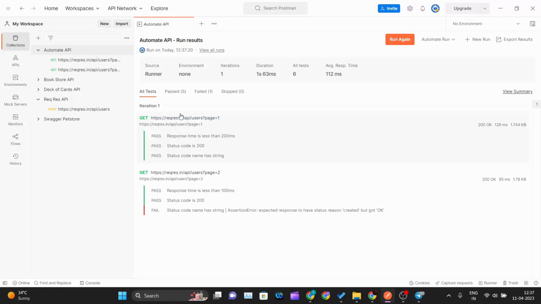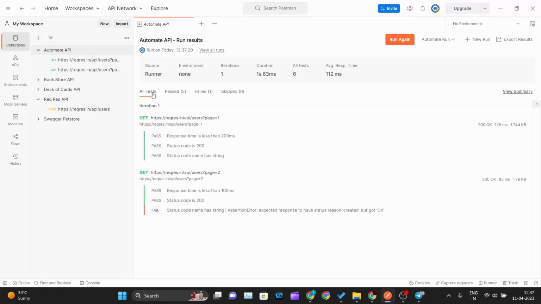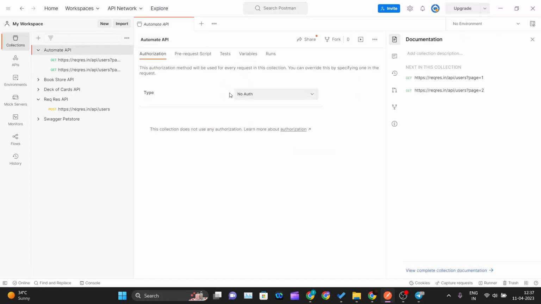it does quickly, and I can see my 5 test cases that have passed, and one got failed. I have intentionally failed that one, because the string should be okay, and I have given that it should be created. So that one got failed. So this is how you can create those methods and create the tests for them,